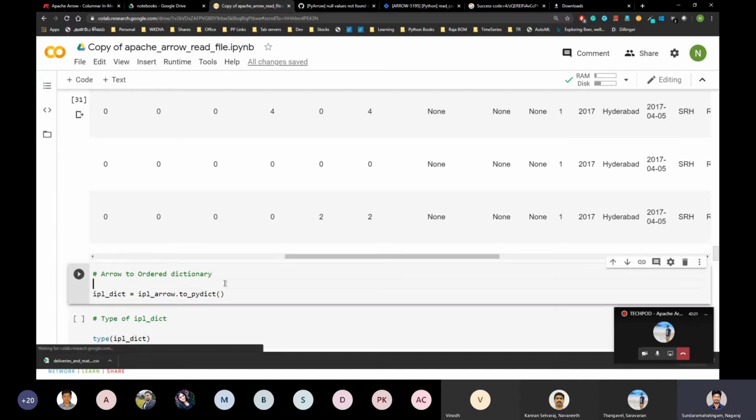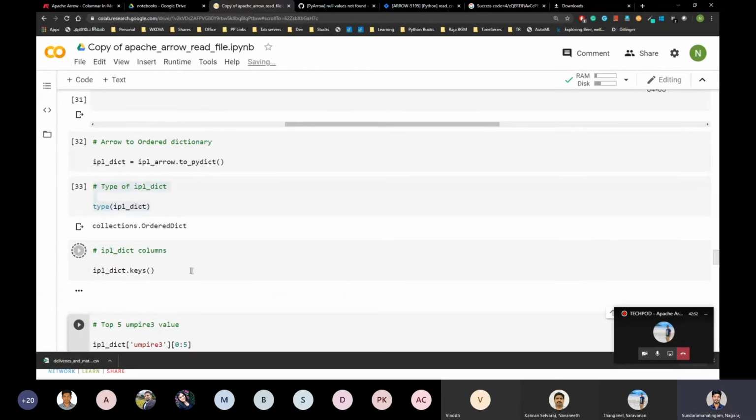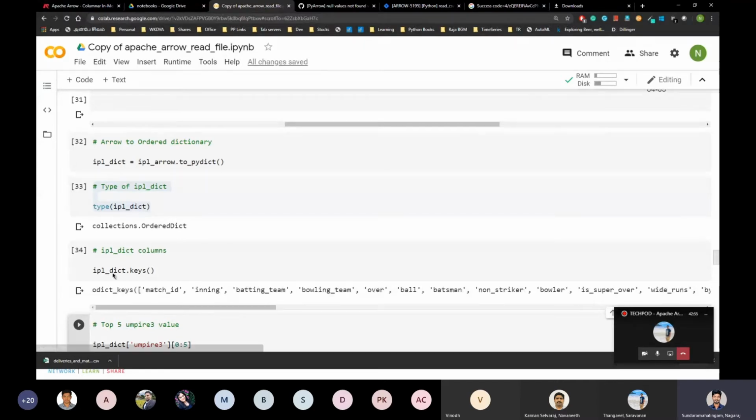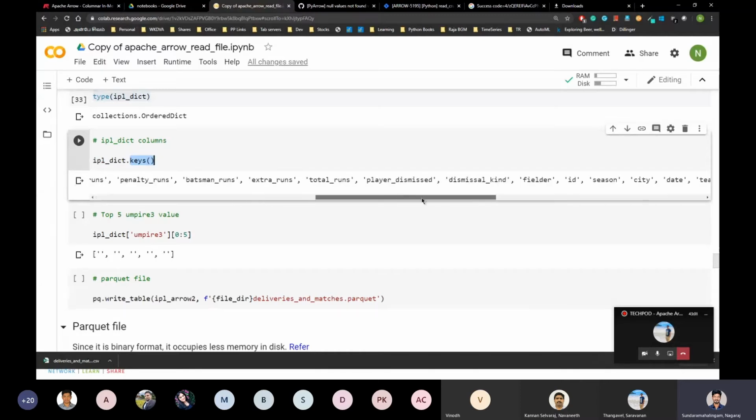As I said, you can convert an arrow-based table from an object to any other object. So I'm converting the arrow table to a dictionary. It's not a normal dictionary, it's an ordered dictionary, because you read a CSV file and the order should be the same. It should not be collapsed. These are the methods in the dictionary to retrieve the keys, basically the columns.